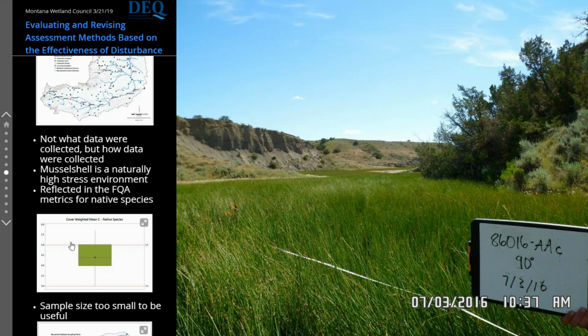The FQA metrics, while they weren't usable to describe disturbance or correlate with condition, did really help me understand what is going on in the Musselshell and why we're potentially having these problems. If anyone's been out in any place in eastern Montana, it's a naturally high stress environment. In the Musselshell, salinity is very common. The hydroperiod of wetlands fluctuates greatly year to year. And a lot of these systems have developed with periodic disturbance, whether it's hydrologic disturbances or large herbivory. And so these are naturally